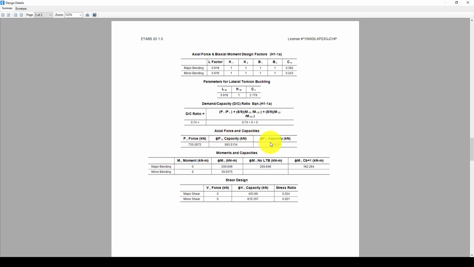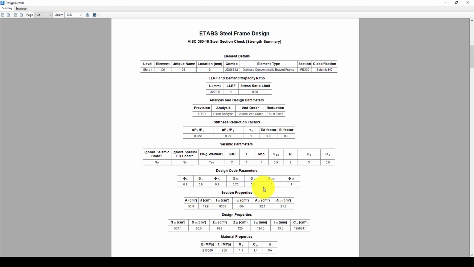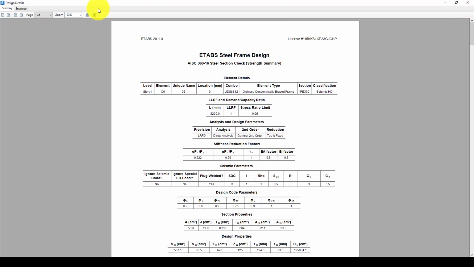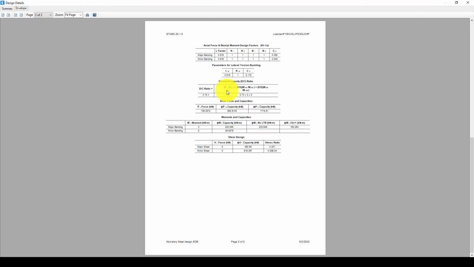So finally we have this capacity, and this is the capacity load and moment capacities. So this is the moment, and this is the structure capacities, the profile capacities, and this is the shear force and stress ratio. And one more thing, there was the envelope, and this is the